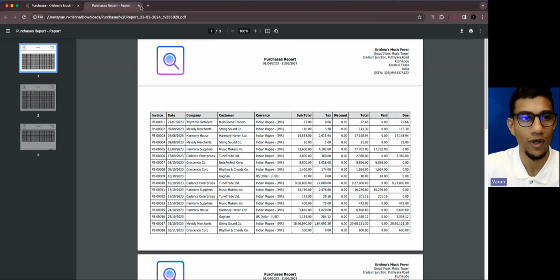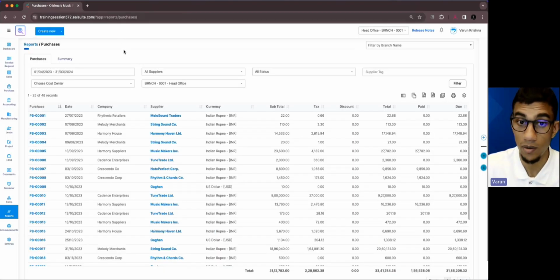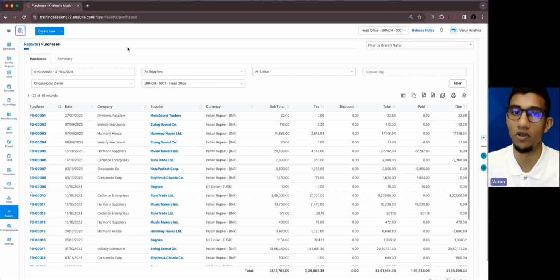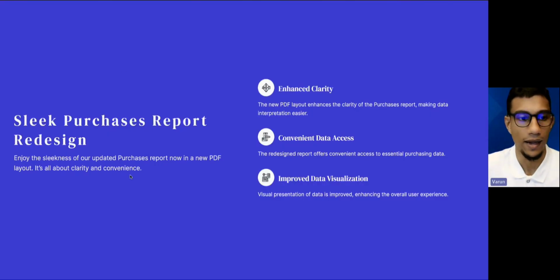Okay, so that was a very small enhancement that we made, but a significant one. And moving forward, similar to what we did with our purchase report, we will be implementing the same in the rest of the reports, which even right now work with the older design. All right, so wait for it. Next,